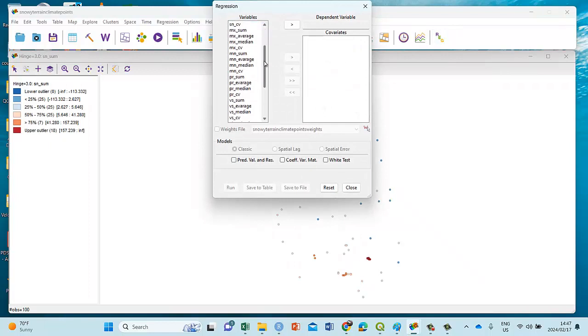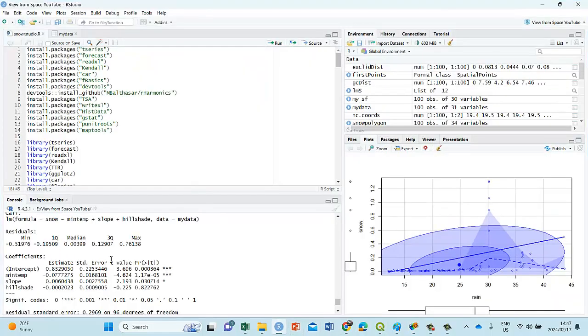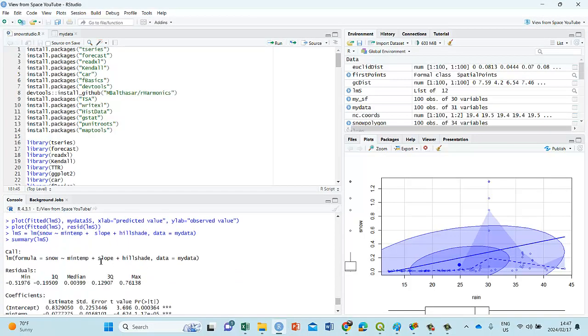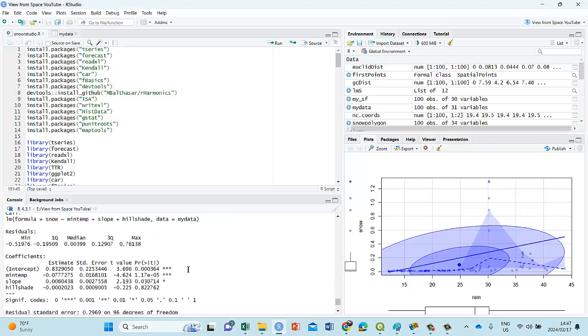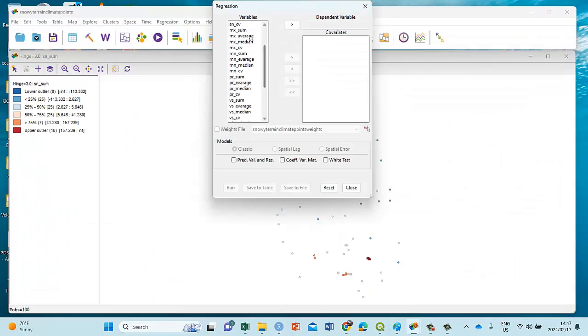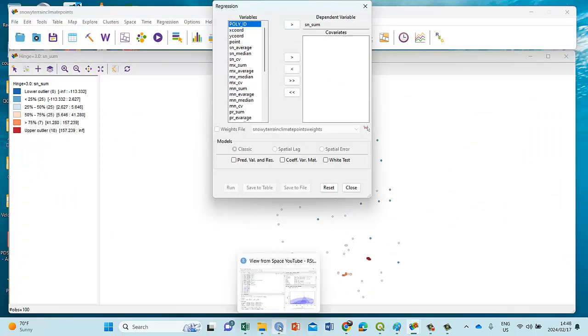We can do spatial regression. Remember in R, we just did a standard cross-section or time series regression, but we didn't bring in space. Here we're going to do that same regression, but we're going to bring in space. So let's do the same one. Remember what we did in R: snow is a function of minimum temperature, slope, and hillside. So let's go there and say that our snow is